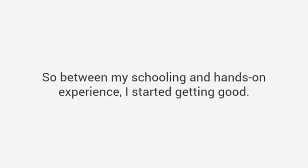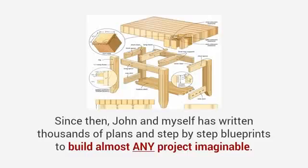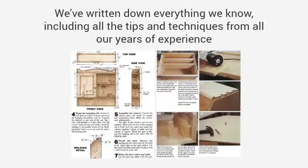So between my schooling and hands-on experience, I started getting good. Then really good. I began building crafts and furniture around the house, and it felt amazing. Now, I've been at it for 20 years. Since then, John and myself have written thousands of plans and step-by-step blueprints to build almost any project imaginable. We've written down everything we know, including all the tips and techniques from all our years of experience to